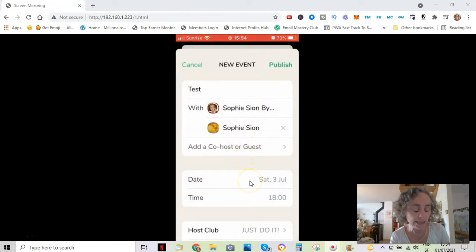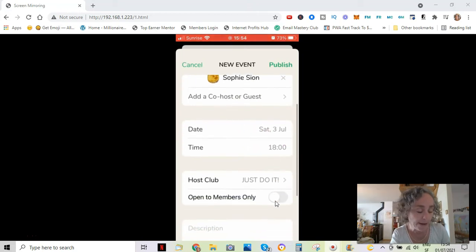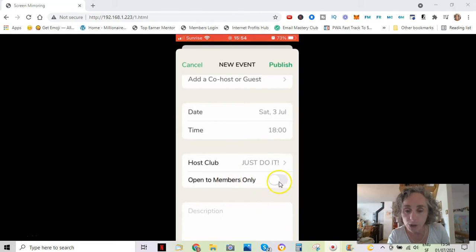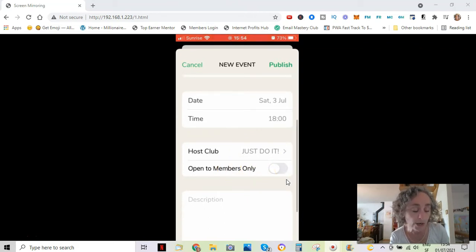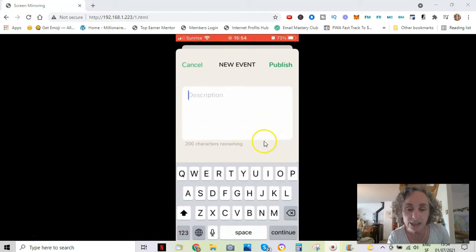Then you have to decide on a date. Let's say it's Saturday at 6 p.m. You can choose here whether it's open to the members of the club only, in which case you tap this little thing. But if you undo that, then it means it's open to everybody. It's a public room. In the description here, you have 200 characters.